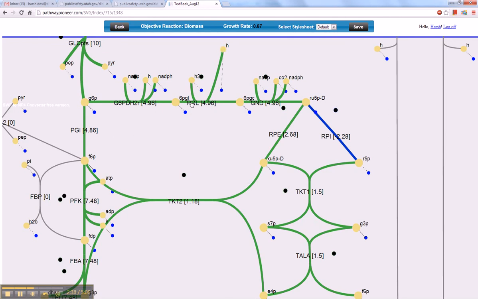Similarly, if this PGL is a reaction and I want to move this particular reaction, I just have to click that particular reaction and the change in color indicates that my dragging is active. Once I'm done with my dragging, I simply have to release the mouse so that it gets restored to the previous state.